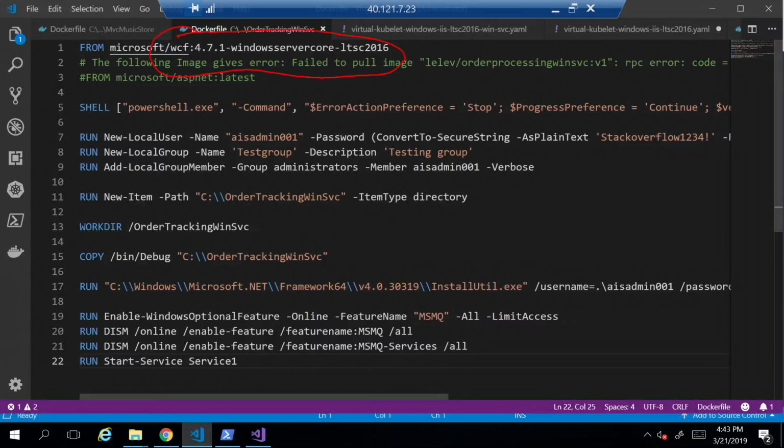So all the WCF things are set up for me automatically. And the only other interesting part in this Docker file is because this is a Windows service, I'm having to call an install util command as part of my image creation to install that Windows service. So when this Docker image comes up, that Windows service will automatically be installed for me. So these are actually really standard Docker files, a couple command line things you have to make sure you run, but other than that, very standard Docker files.